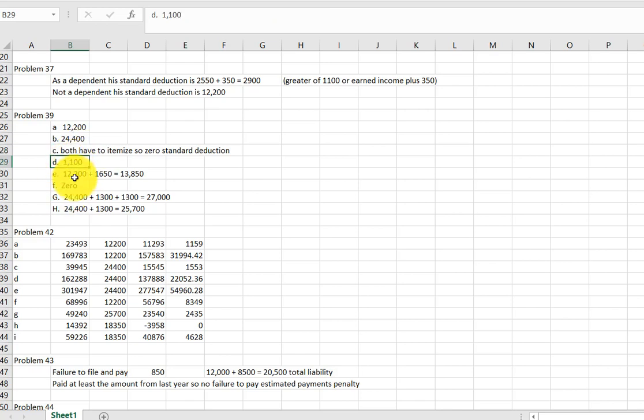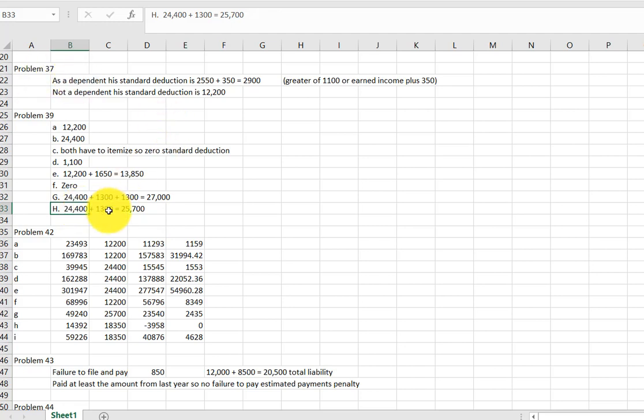$1,100 for Karen and D. For E, he's 65, and so 1,650 extra standard deduction. Zero for F because he's a non-resident alien. Manuel and Esther together, one is blind, one is over 65, so each of them gets the extra standard deduction. So there's two of those, so 24 plus the 2,600 equals 27,000, and then the last one, qualifying widower,